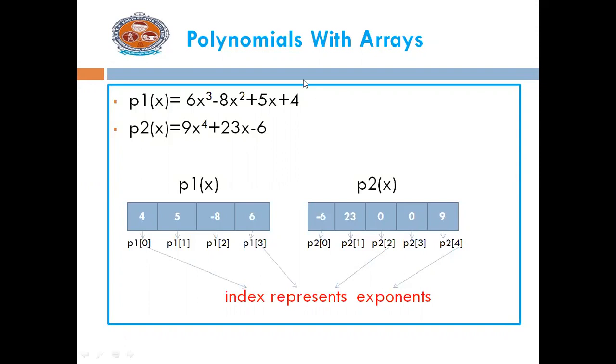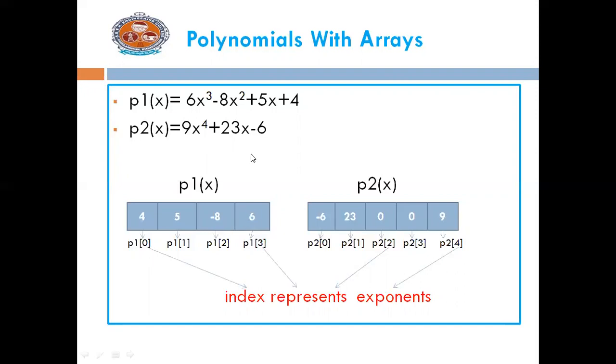So in the given example, for the first polynomial p1, p1 of 0 stores the value 4 because it's the coefficient of the x power 0 term, and p1 of 1 stores the value 5 because it's the coefficient of the x power 1 term. Similarly for the next terms.